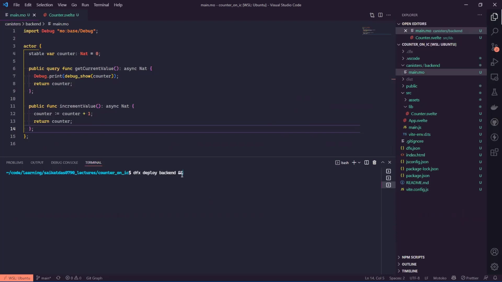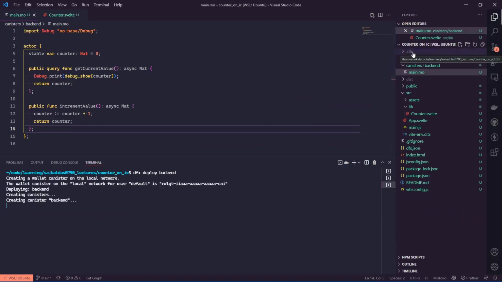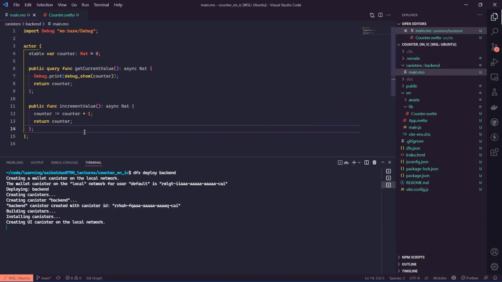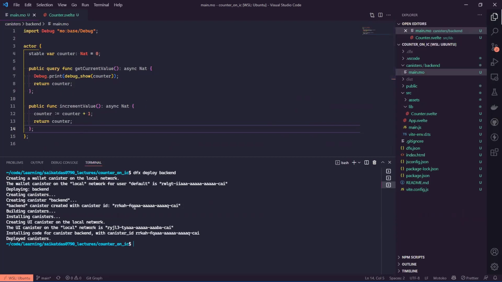And once I run this, this will basically hit this DFX folder. It is deploying the canister and it will just finish. So every time I make a change to my Motoko code, I need to do this redeploy. So ideally, if I were also doing this on front end, this would become a very long feedback loop. And again, I want things to be as fast as possible. Right. So once this is deployed, there's one more thing that I want to do, which is